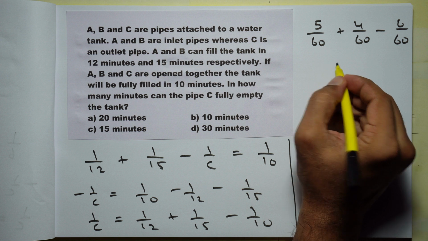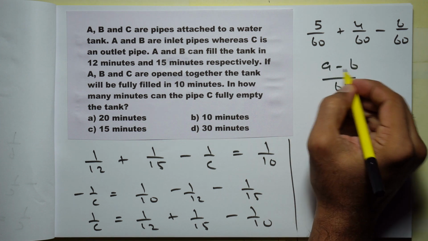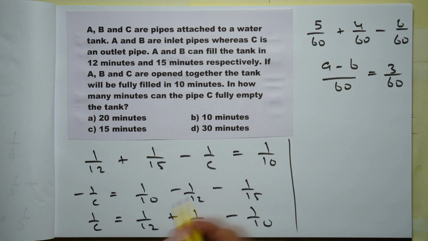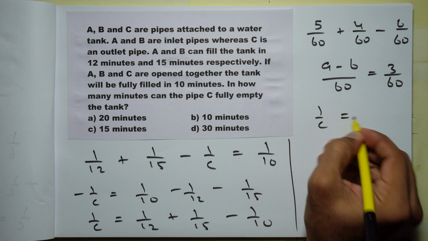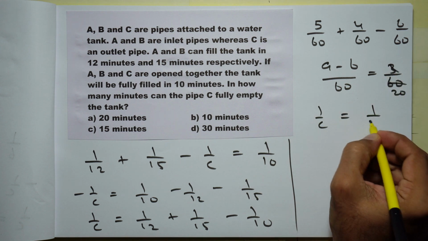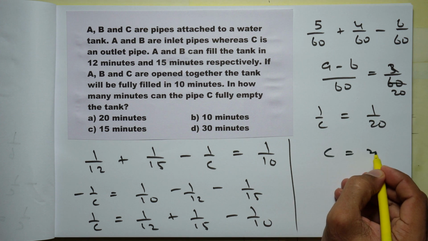So 5 plus 4 is 9, and 9 minus 6 is 3, so 3 by 60. That is equal to 1 by C. So 1 by C is 3 by 60. 3 divides 20 times, so you will get 1 by 20. So 1 by C is 1 by 20, or C is equal to